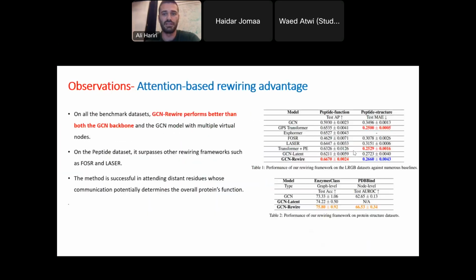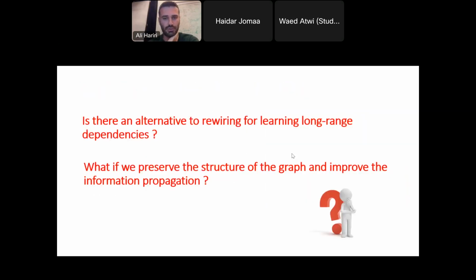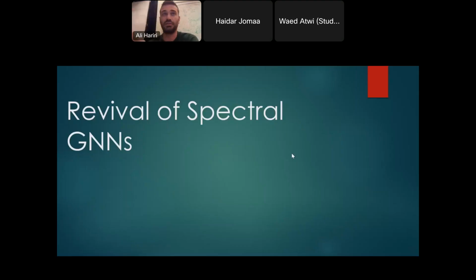the real motivation behind this second project is a bit of luck. Between these benchmarks, there was also another benchmark called ChebNet. The interesting finding was that ChebNet, when I used it, outperformed all of the benchmarks you see in this table. When I put virtual nodes on top of it, it didn't matter. When I put rewiring on top of it, it didn't matter. And at some point, it decreased the performance. So I was looking at it, and I was wondering, what is it with this ChebNet? Why is it performing so well? Then I started experimenting on it with different data sets, and I found that it's still performing very well.